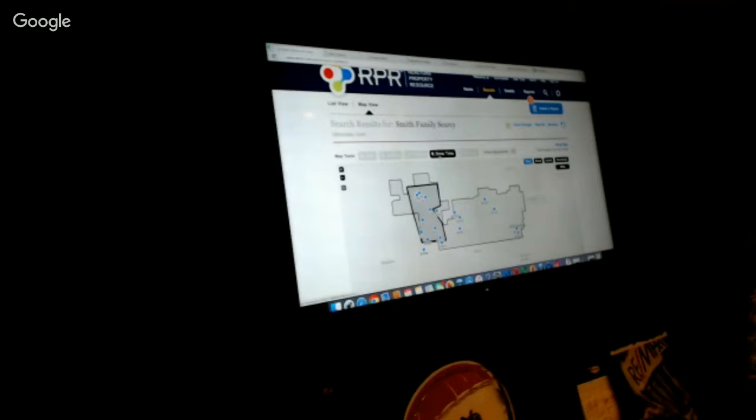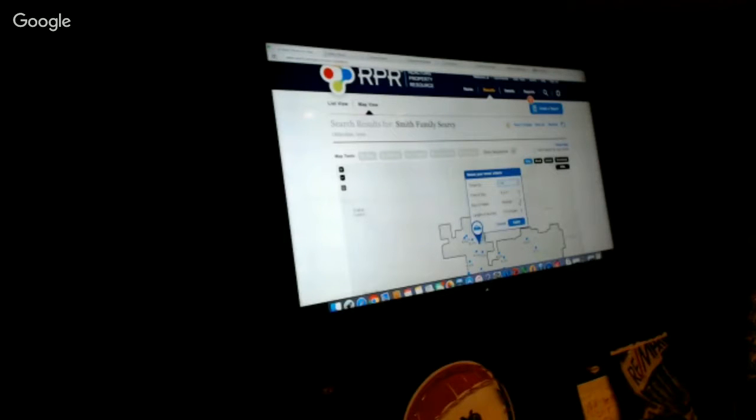Drive time. So if I'm looking in this area, let me clean this up a little bit. If I'm looking at this area for my clients and they have to be a certain distance to school or to work, you click on drive time here. You can put in the address of where their school is or their work, or you can click on the map and then use drive time by car or by walking, the time of day that they're going to work, the day that they're going to work, and then how far they want to go. So let's say they only want to be 10 minutes. Click on that, click apply,